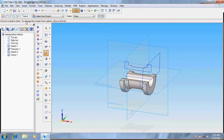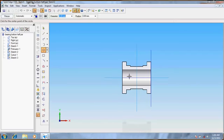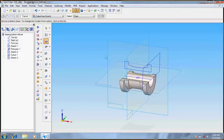Now we need to draw another protrusion, so select this one, take a circle at this midpoint at a diameter of 6. Go for return. Now protrude, select from the sketch this one. It's done. Protrude at a distance of 12.5 plus